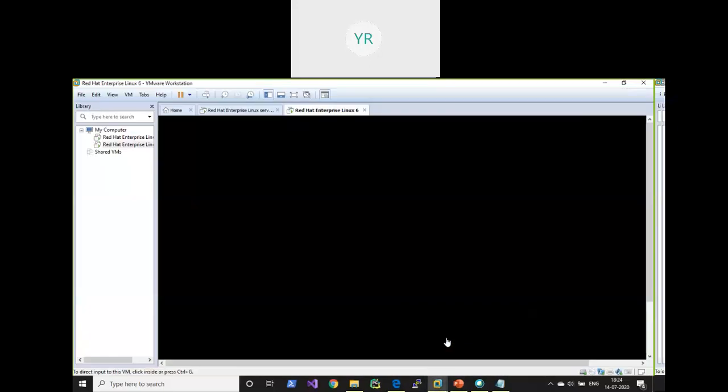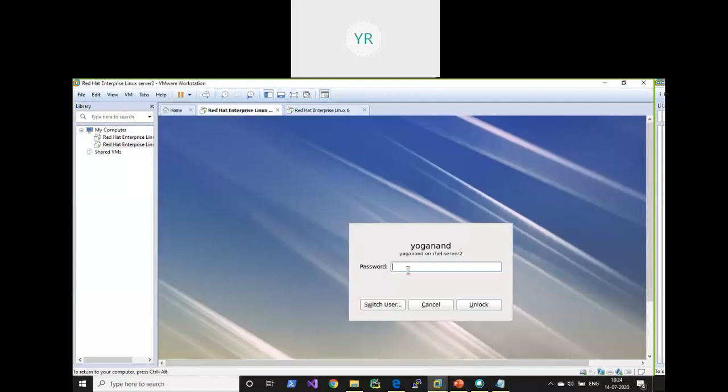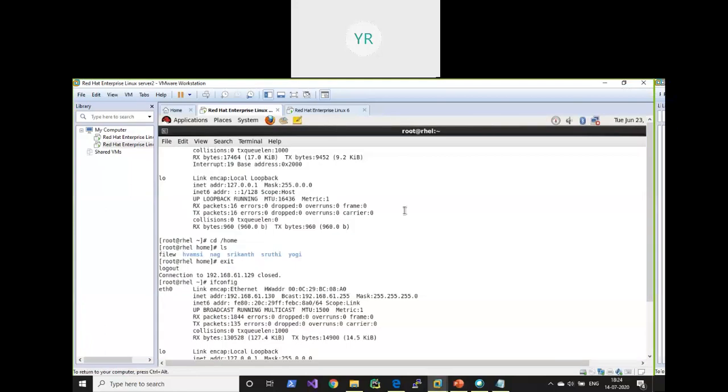Okay, the same can be done through PuTTY also. I will tell you about PuTTY later. First we'll see that here. Okay, this is my terminal. It is my server,